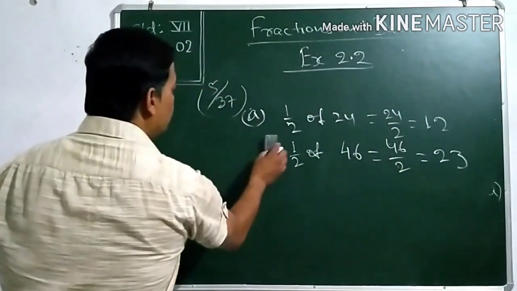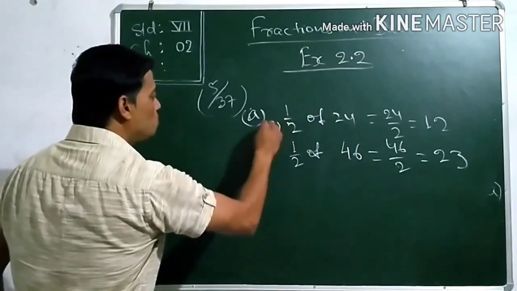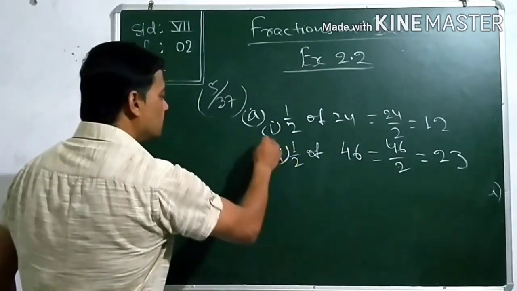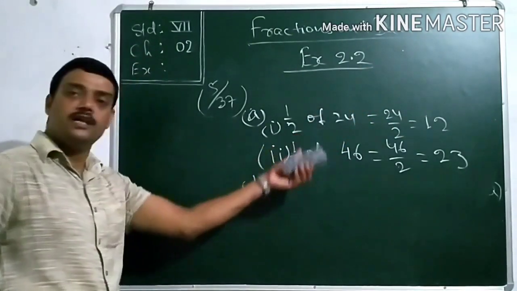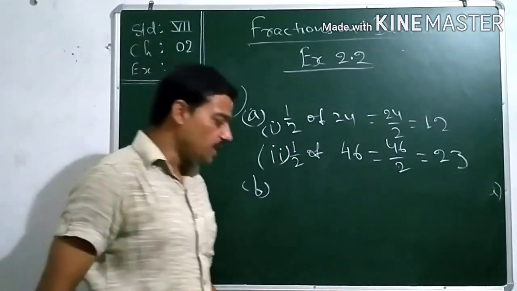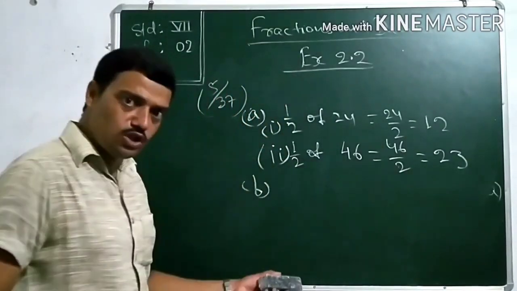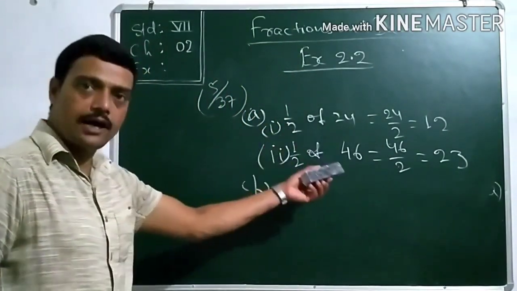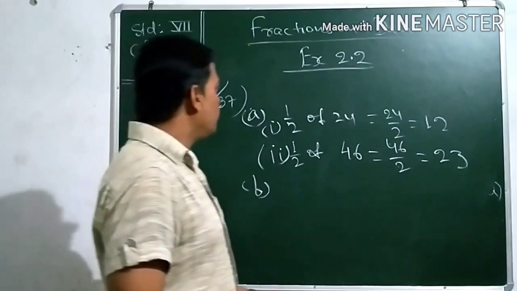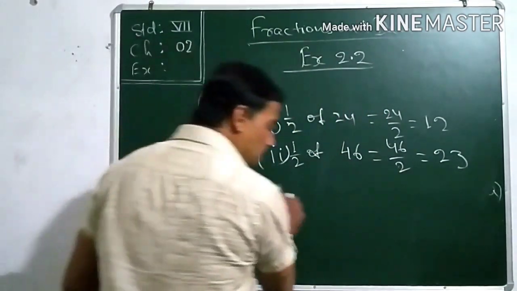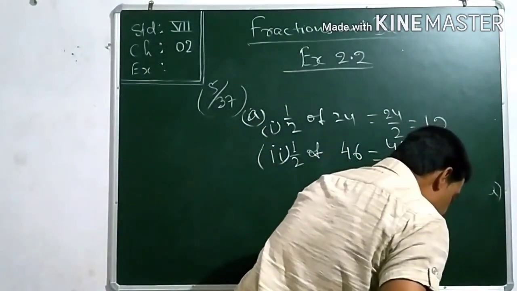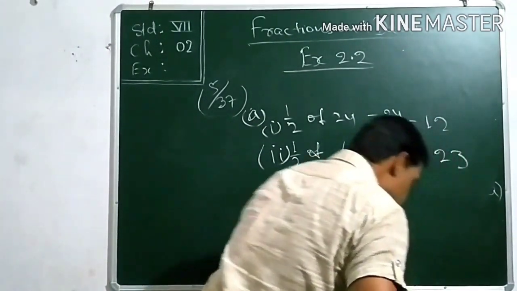In the A number, the sum is divided into two parts, first and second. Similarly, for the B number, C number and D number, you can do the same operations and you can find out. You will do those sums yourself as I have shown you one. Now, come to the sixth number. You are asked to multiply the expressions as mixed fractions.